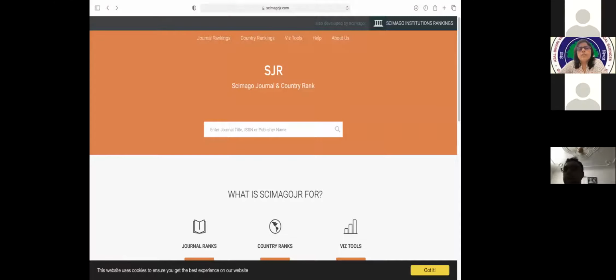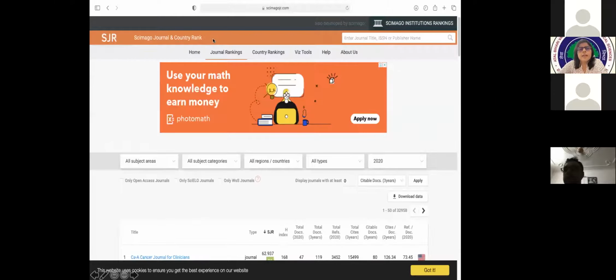And you can even find out through Scimago Journal Rank. Just type in the search window Scimago Journal or scimagojr.com. This window will open. Then click on the journal ranking. It will direct you here. You can type the subject, like in case I want to search for an anesthesia journal, I'll type here anesthesia, and I can type the subspecialty also, like pain medicine.